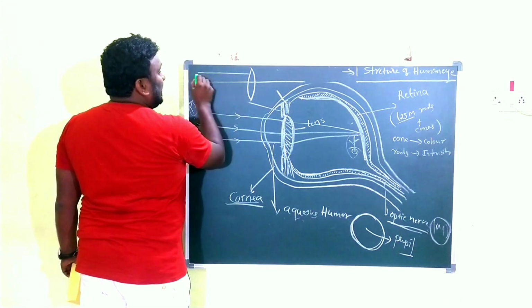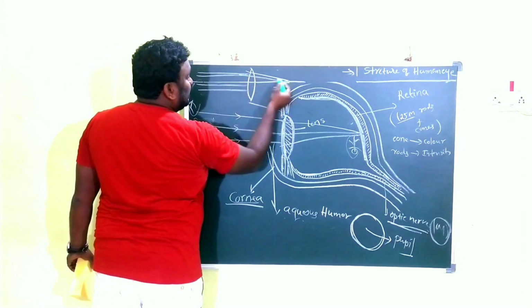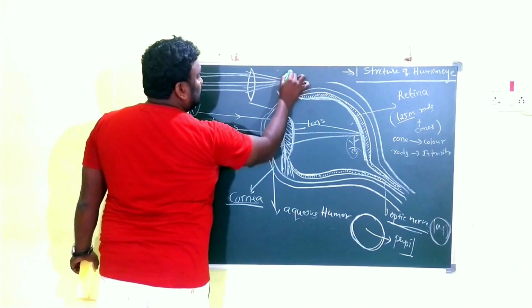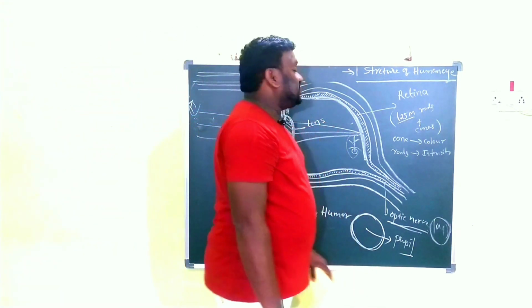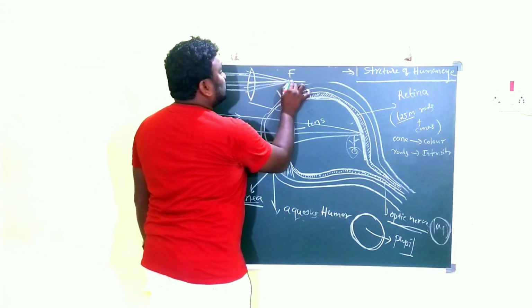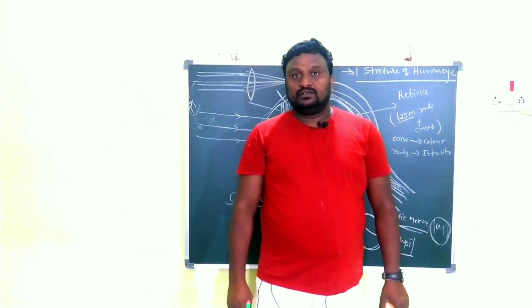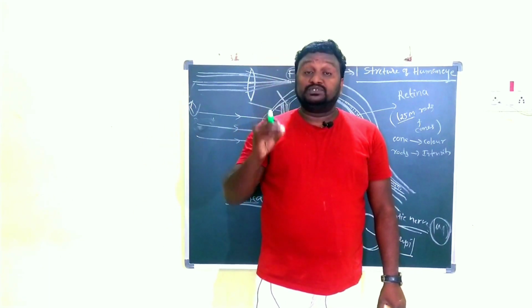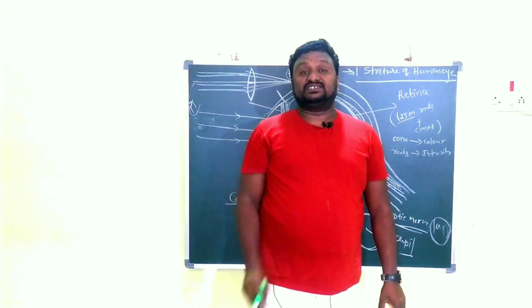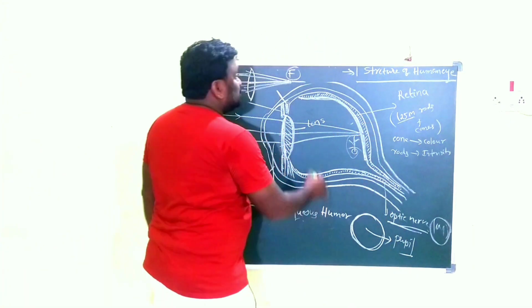When the light is coming from an infinite distance, it forms the image at the focus. The distance between the optic center and the focus is what we call the focal length. Similarly, when the object is at infinity or more distances, the focal length of the eye lens is